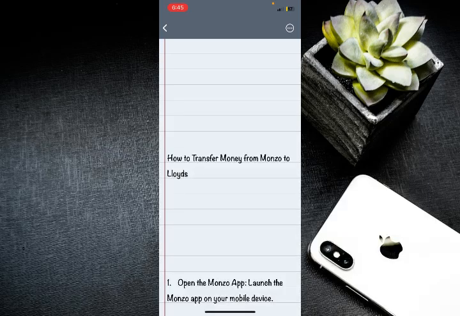In this video, I'm going to walk you through an easy step-by-step guide on how to transfer money from Monzo to a Lloyds bank account. Make sure you watch the video to the very end so you don't make any mistake,